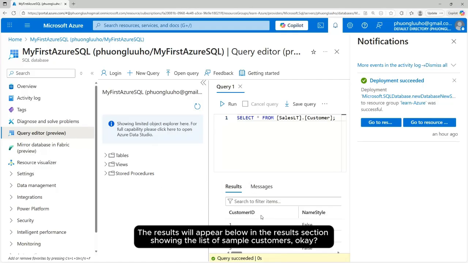The results will appear below in the results section showing the list of sample customers.